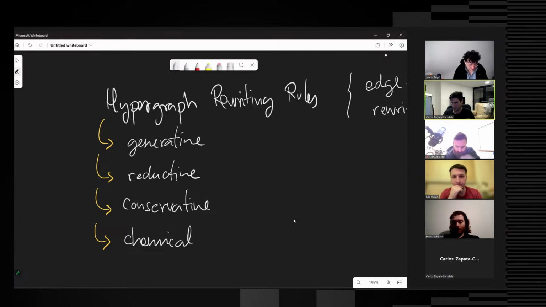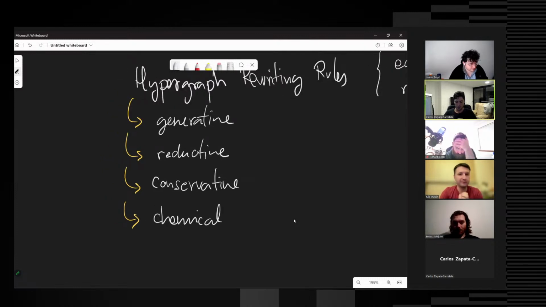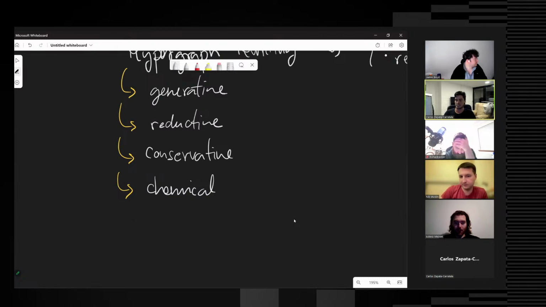I mean, they're a bit more than that because there's some technicality going on, but essentially you can think of them as pairs of hypergraphs. And so the idea is if you have signatures on the left-hand side and right-hand side, then you can start to do taxonomy on the rules themselves. These are some ideas, not final of what it's going to look like in the end, but there's a quite clear notion of a generative rewrite rule. There's a notion of a reductive rewrite rule, like conservative, or a chemical one, right?